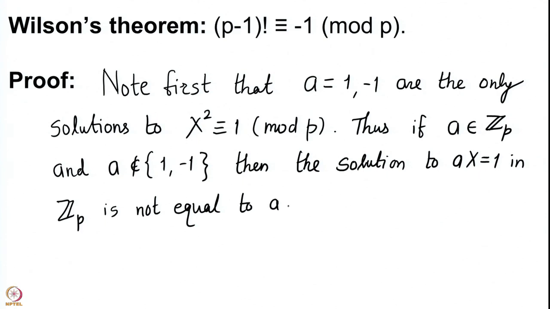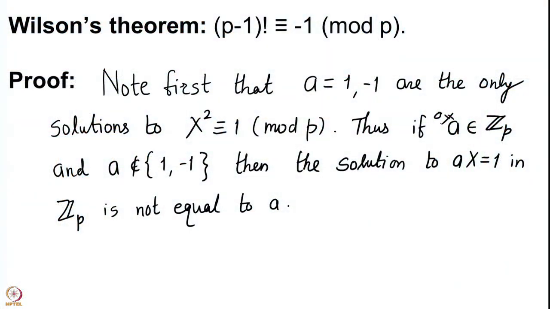Let us think about this statement again. We start with a non-zero element in Z_p. So, we are looking at elements 1, 2, 3, 4 all the way up to p minus 1. We fix one a from this set and we pose this question: what is the solution to ax equal to 1? Now, this is the same thing as solving ax congruent to 1 mod p, and since you have taken a from 1 to p minus 1, the GCD of a and p is 1. Therefore, you have one solution and you actually have a unique solution.